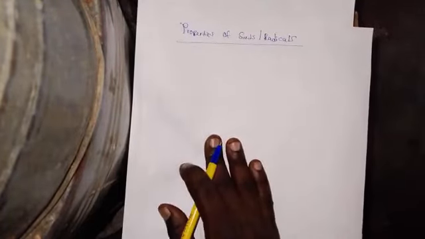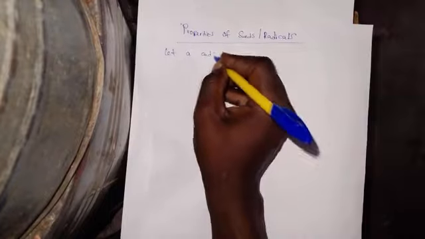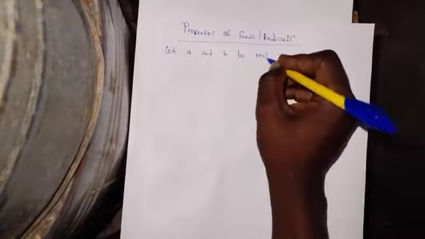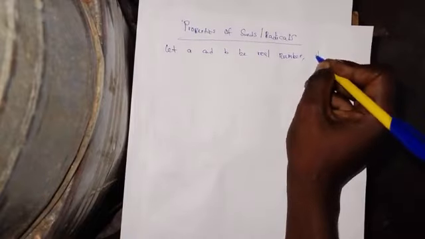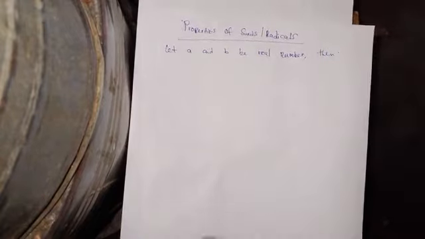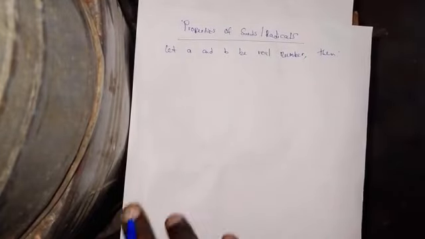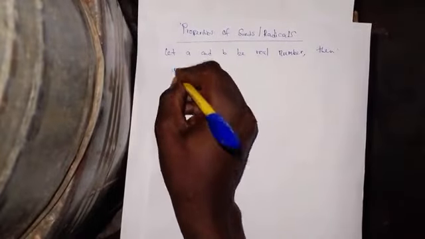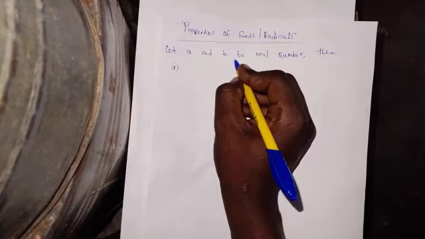So when it comes to the properties, we are simply saying that let A and B be real numbers. So A and B are just basically real numbers in this case. Then these are the properties that you are going to be able to understand and follow through. So the first property which is going to guide us is that if A and B are real numbers